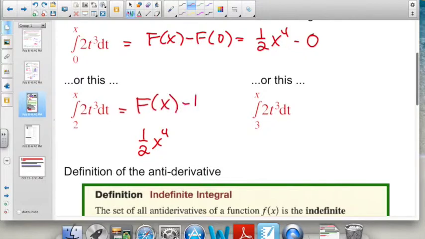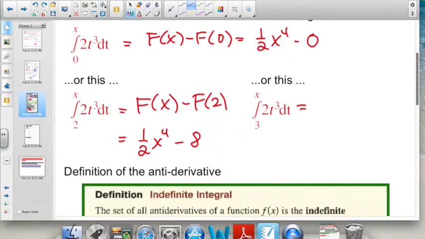Evaluate at x and evaluate at 2. Yeah, now when I throw 2 in there, I get 8. What happens when I take the derivative of this? It's the same thing, right? What happens if I change the lower bound